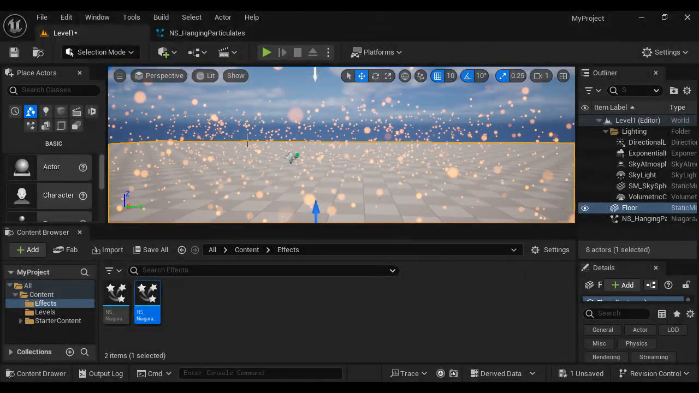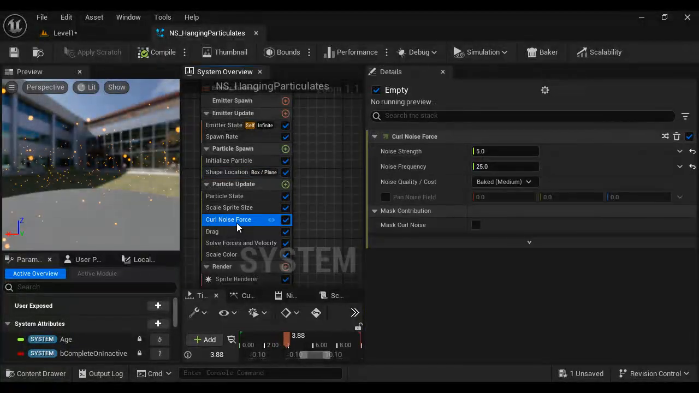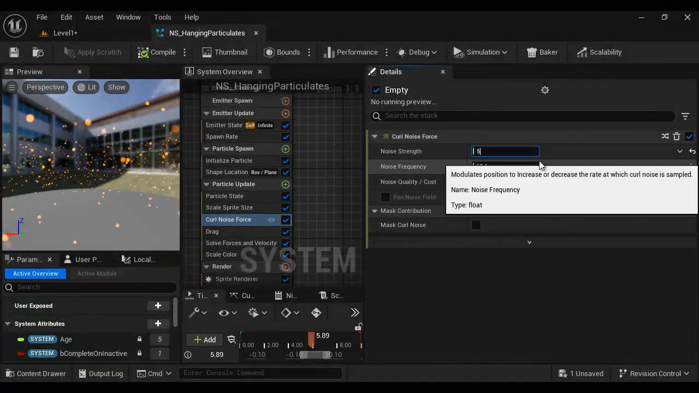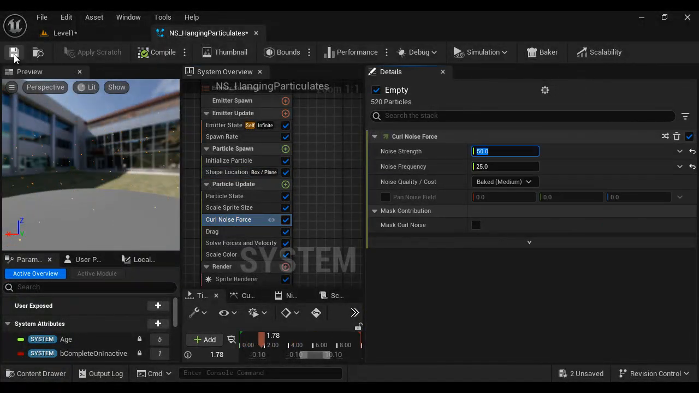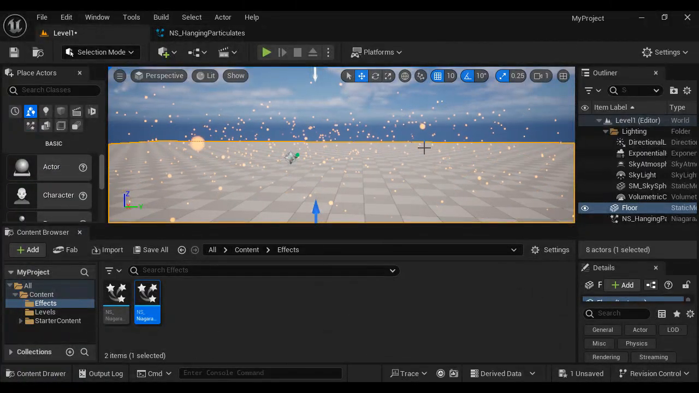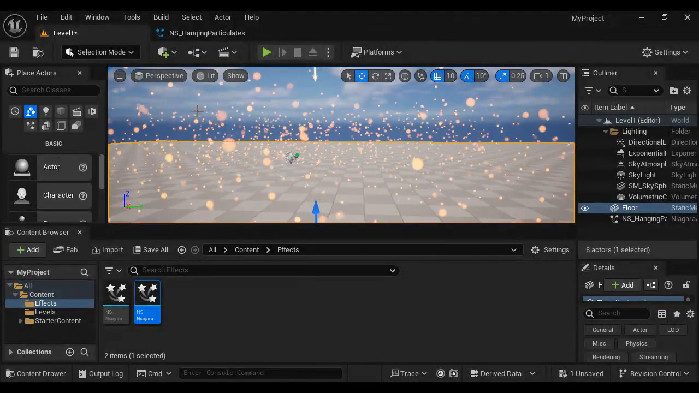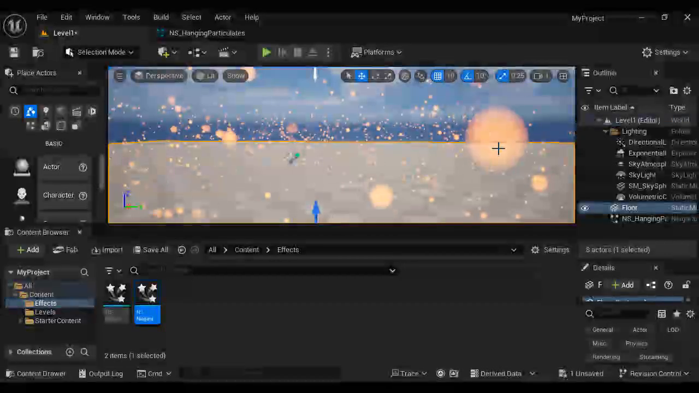And if you want, you can move the particles here and there faster by changing the curl noise force here from 5 to 50. If I save, go back to level 1, now you see the particles will be moving here and there abruptly. You can see that, right? And slowly they are disappearing because of the scale color,